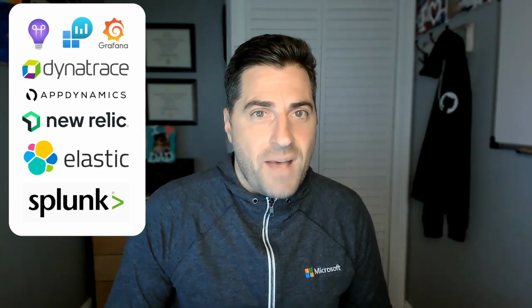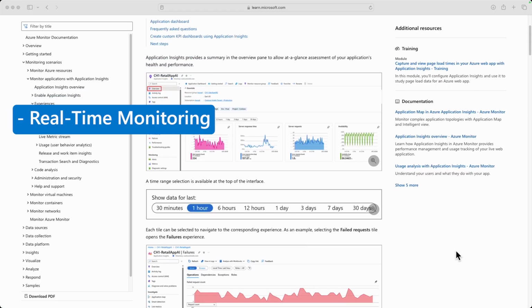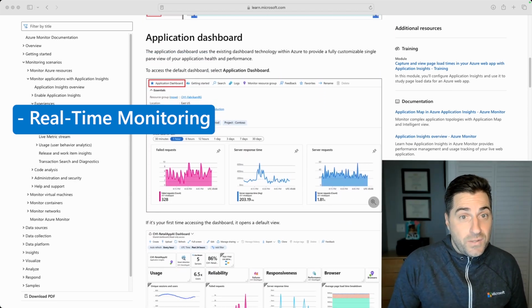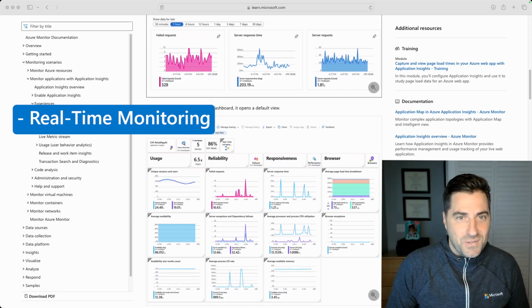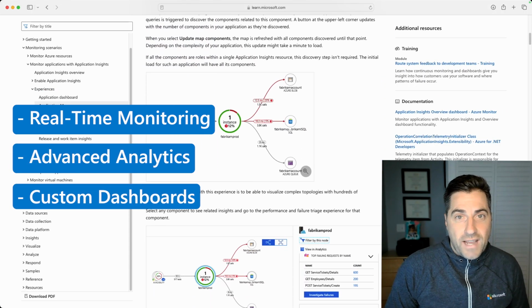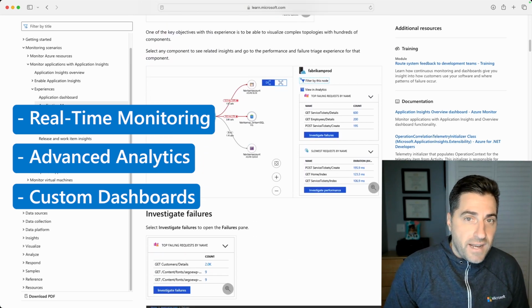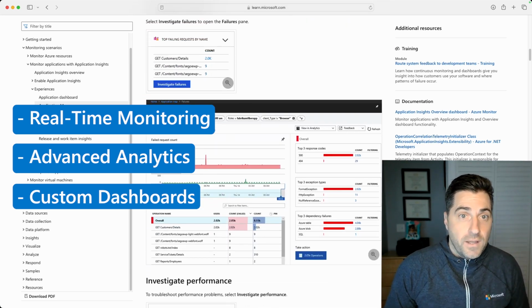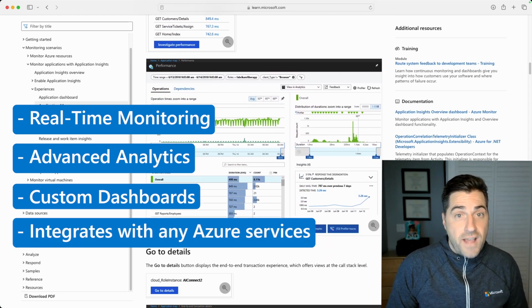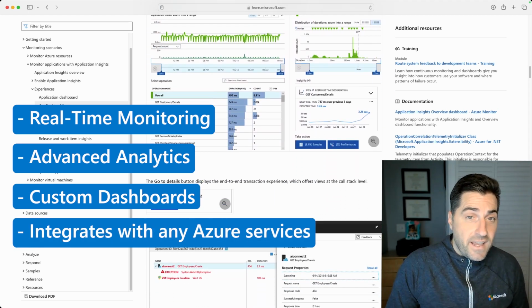Azure Application Insights, a feature of Azure Monitor, is a fantastic choice for monitoring your Java applications, or any Azure deployed applications for that matter. It provides real-time insights into the performance and health of your applications, allowing you to quickly identify and diagnose issues. With advanced analytics and customizable dashboards, you can easily track key metrics and gain a deeper understanding of how your workloads are performing. Additionally, Azure Application Insights integrates seamlessly with other Azure services, making it easy to incorporate into your